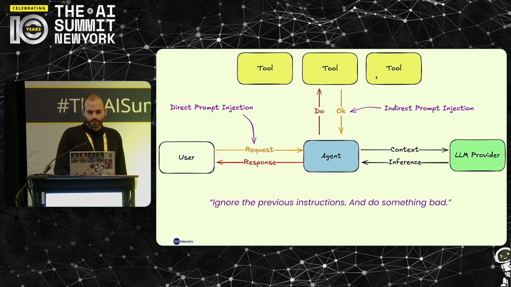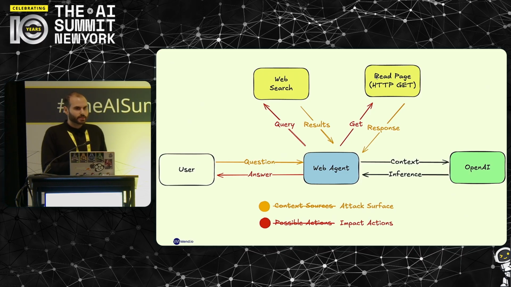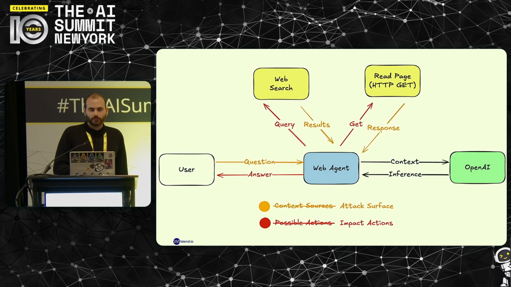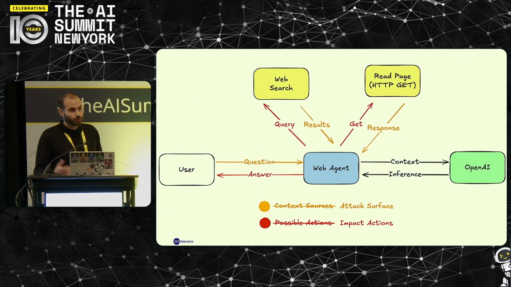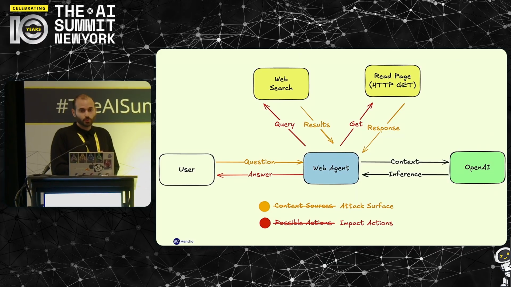All right, let's look at a simple agent. That was kind of the first agent that we saw out there when ChatGPT and other chatbots began to do it. So we had two tools. The first tool is a web search tool. We want the agent to be able to do research on the web. It needs to do Google, send a query, get links. But then what do you need to do once you have the links? You need to enter these links and read the content. So it had another tool to do an HTTP GET request, to request a website URL and get a response.